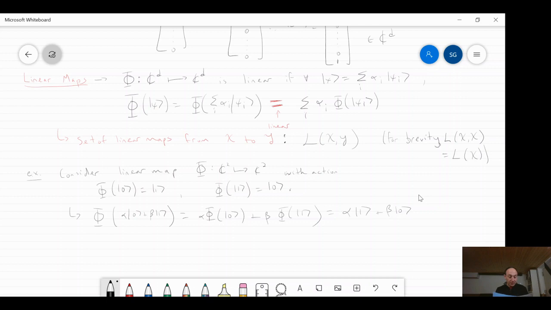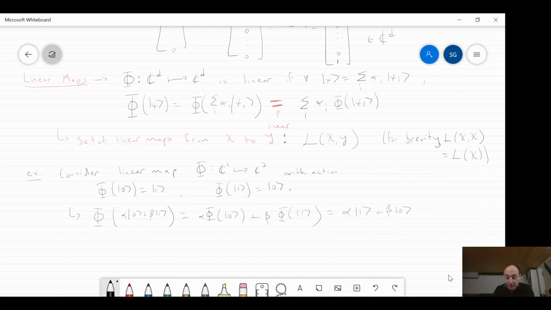Okay, and so this in particular teaches us a very, very important lesson, which will hopefully stay with you throughout this course: if you want to know the action of a linear map, to fully characterize it, in principle you could plug in any vector. There's an uncountably infinite number of inputs you could plug into this map, since you're working over C2 in this case. But you only need to specify the action of the map on one fixed basis. Pick your favorite basis, specify the action on that basis, and by linearity, that tells you everything you need to know for any input you could ever plug in.